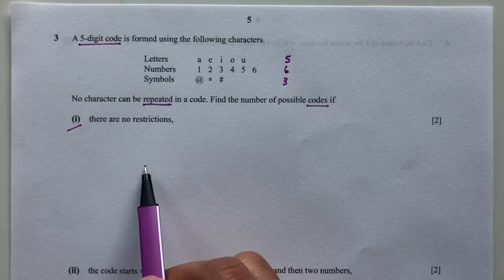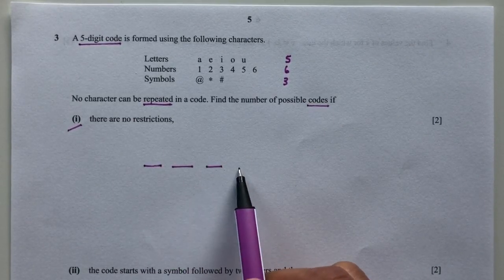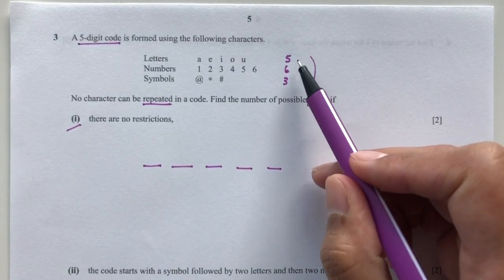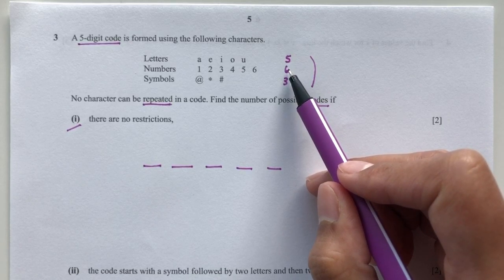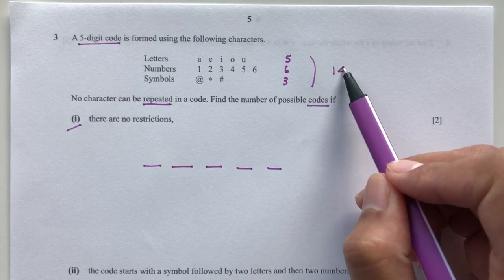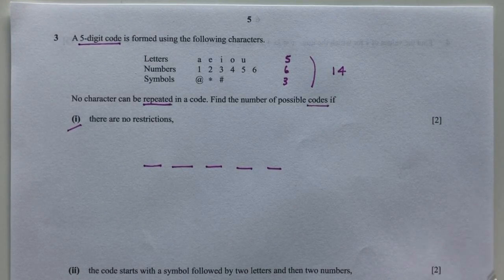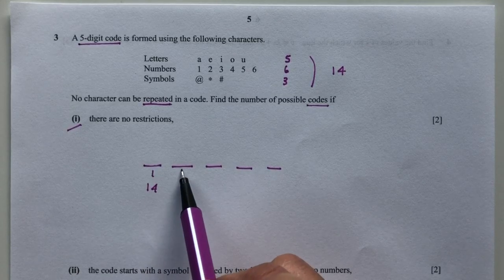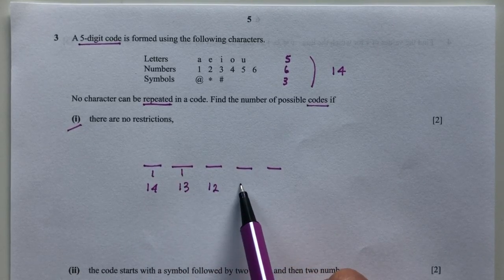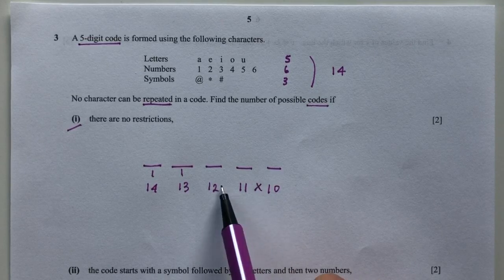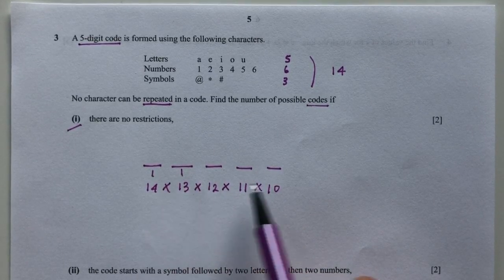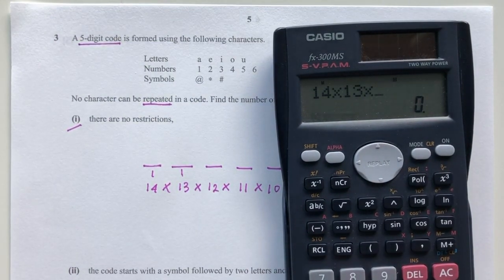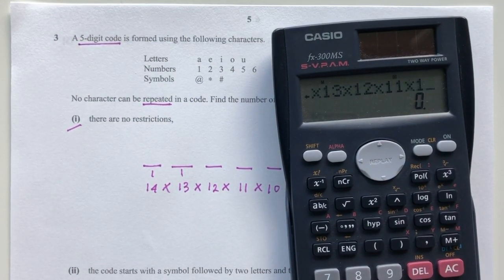So pretty easy, we have to form a 5-digit code, so we have 5 spaces. If you add everything, we will have 5 plus 6 will be 11, plus 3, that is 14. So for the first letter, you will have 14 choices. Then you'll have 13 choices, then 12, 11, and 10. So number of ways will be found by multiplying the number of choices. 14 times 13 times 12 times 11 times 10. That will give you